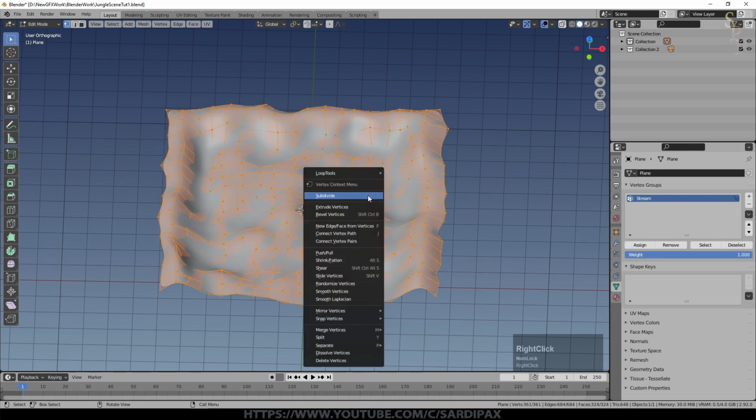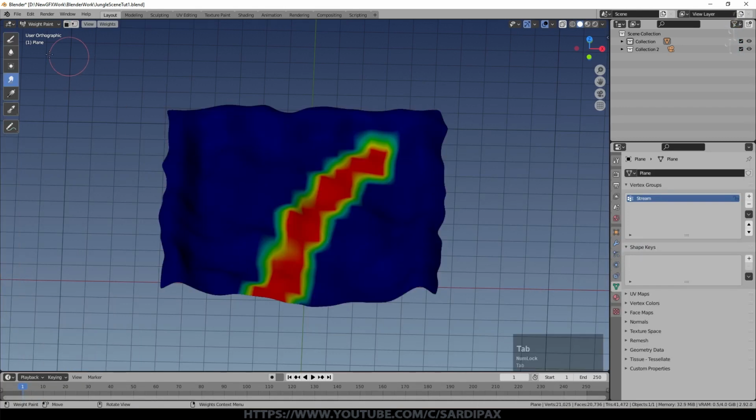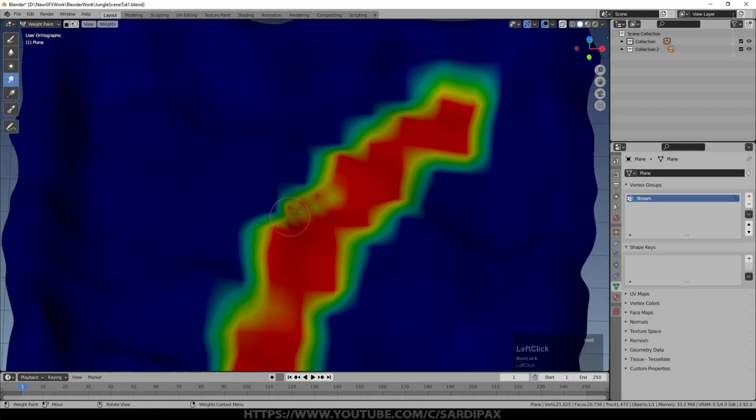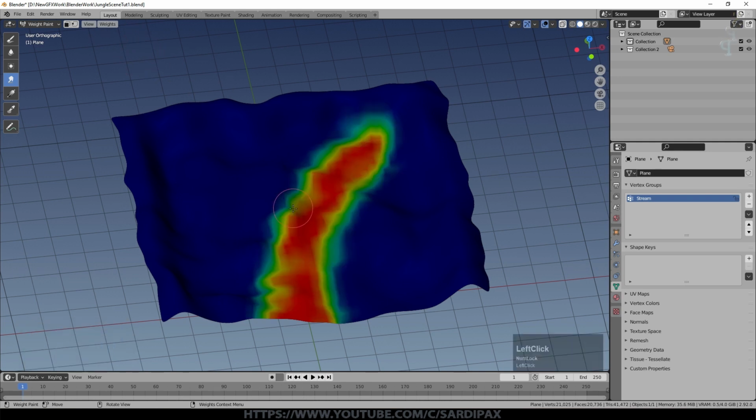I'll select them all and say subdivide, but this time I'm going to turn fractal off, and we'll turn smoothness up, so it'll actually smooth out some of the hard edges, and that will allow us to have a slightly less stepped selection here. Not that it matters too much because we're not going to directly see this selection. It's just about areas where we don't want trees and where we do want stones and things like that. So all I'm doing here is smearing the selection, and now I just smooth them a little bit so that we've got a bit of a bank.